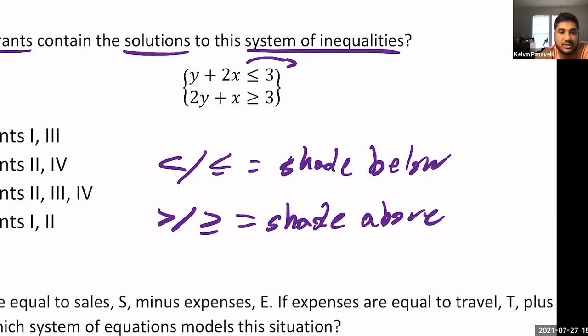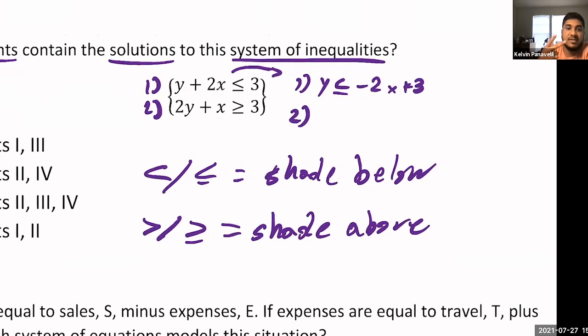Perfect, right? So that first equation, if you want to number that top one, number one, Dylan. All we do is subtract 2x. So on the right, we'll write next to that, subtract 2x will be y is less than or equal to negative 2x plus 3, right? Give me a 1 in the chat if you understand what we did there. For equation 1, we just subtracted 2x on both sides. So y is less than or equal to, and you keep the sign the same. The only time you flip the sign is if you multiply or divide by a negative. If you multiply or divide by a negative, the sign flips, okay?